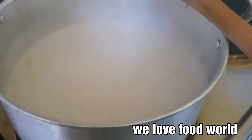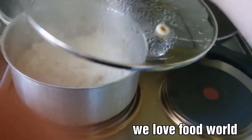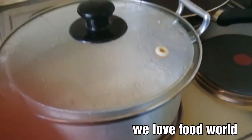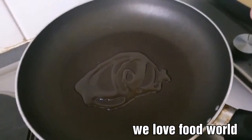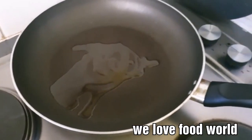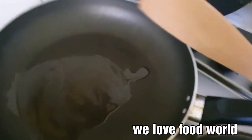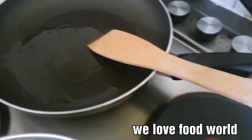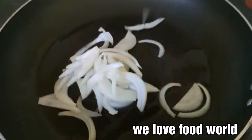Okay. Okay guys, look at that. The rice is nearly done. See, it smells good. Okay guys, lagyan natin ito ng konting oil, okay? With oil. People, look at that. Oil, I put a little bit oil, the pan, and then I put